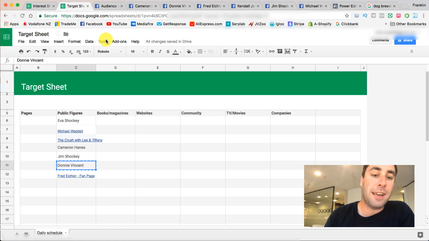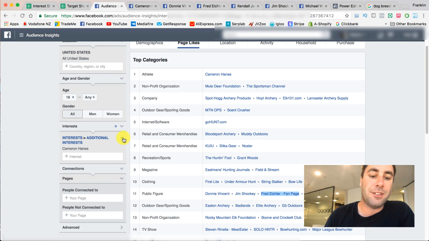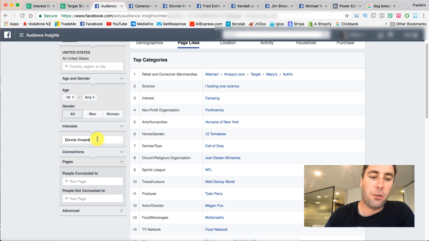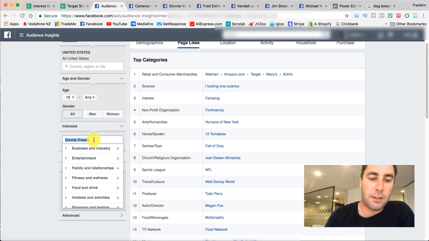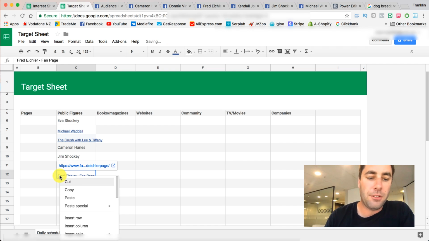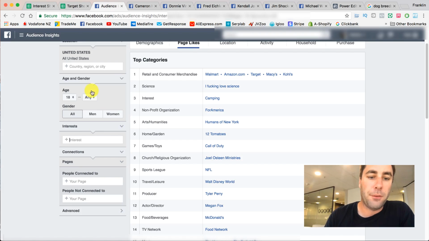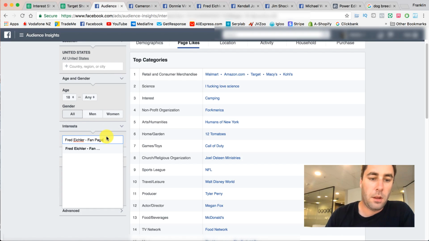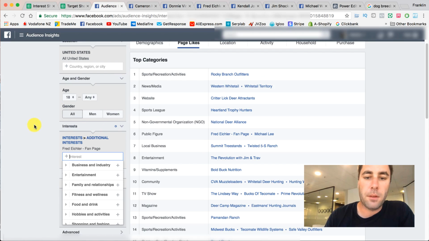I'm going to take Donnie now, go back into the audience interests, and I'm going to put Donnie in here. Now Donnie doesn't show up, so he is worthless to us now. Doesn't matter because he was quite a low count anyway. I'm going to take Fred. I'm going to put Fred in here, and we have Fred comes up as well, and we've got Michael Lee, another public figure,